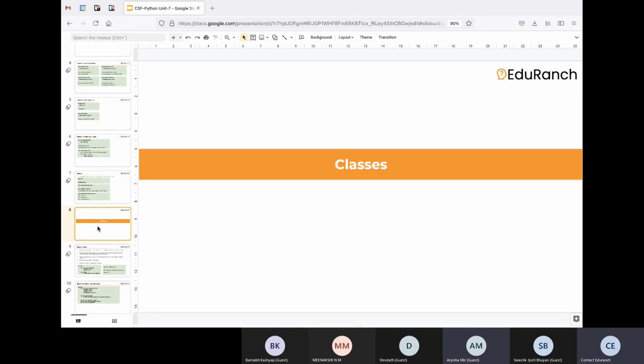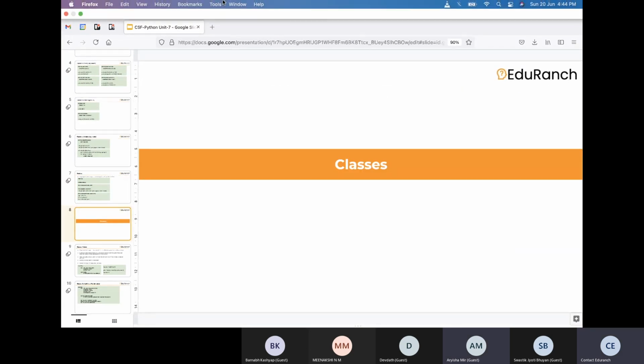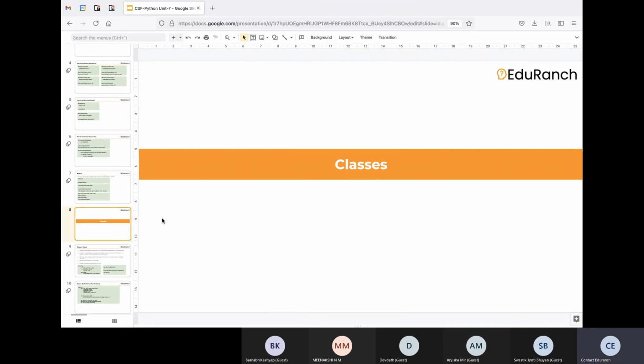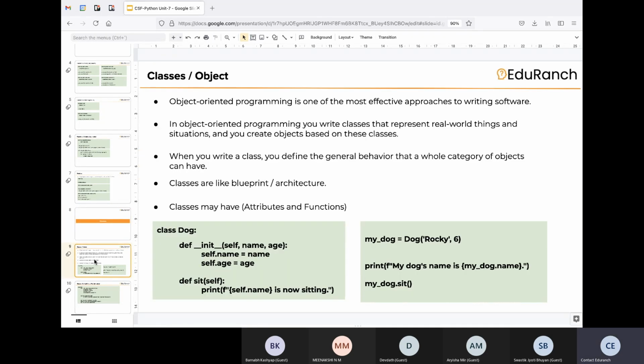Okay, yes, sir. So far we have seen the different ways you can create functions, you can reuse others' functions and all that stuff. Now we will be getting into classes. Now let's see what are classes. So we have started our